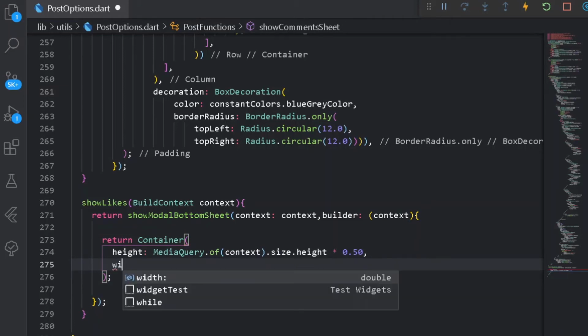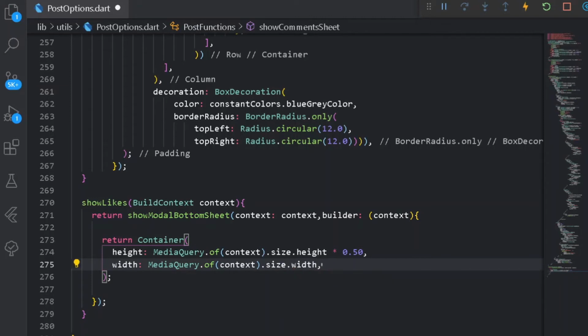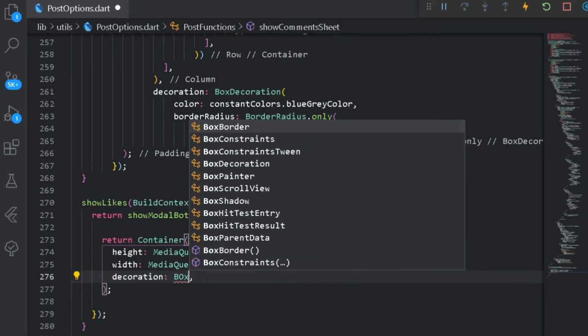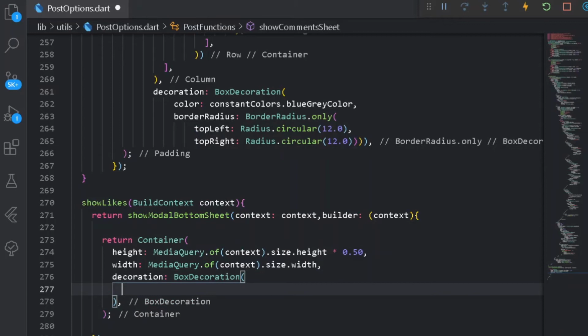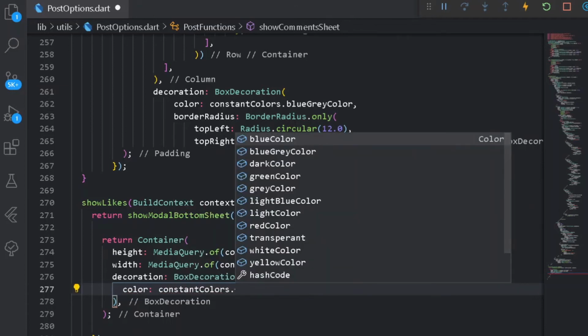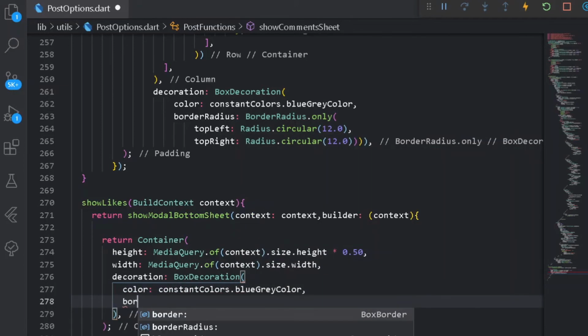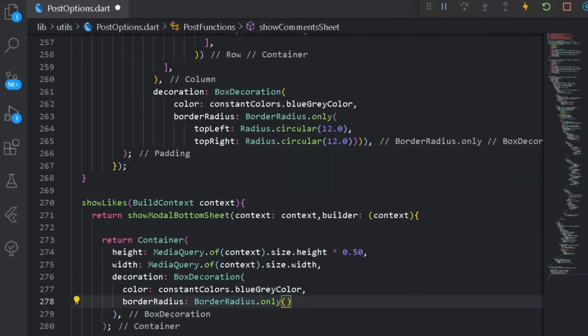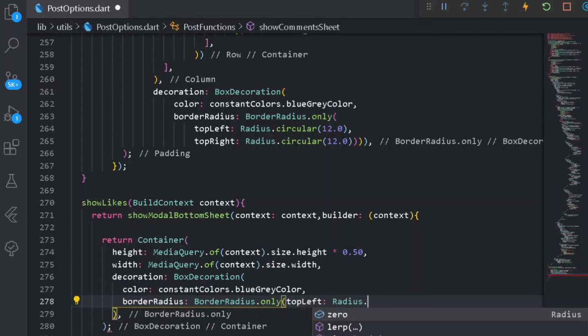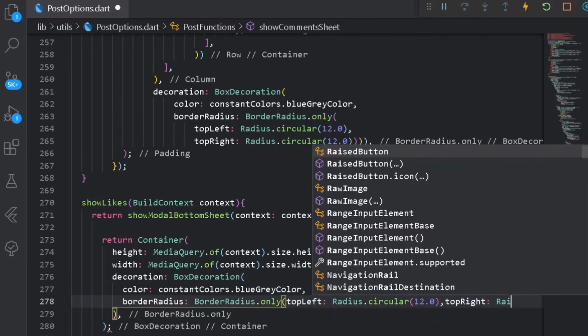And after that, let's have somewhat width. I know you are getting used to writing the following code for making all of your Flutter applications responsive. So here I shall be having a box decoration, not constraints. So under the following box decoration, first of all let's have a color. So for having color, let's have constant colors dot blue gray color, the usual color. After that, let's have somewhat border radius, and from it we shall be having a top left radius of circular one. And after that, let's have a top right radius as well for a value of radius.